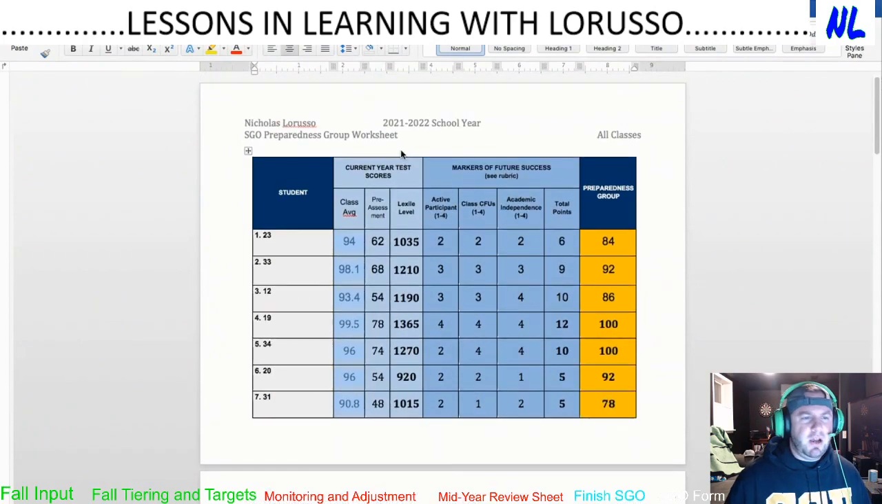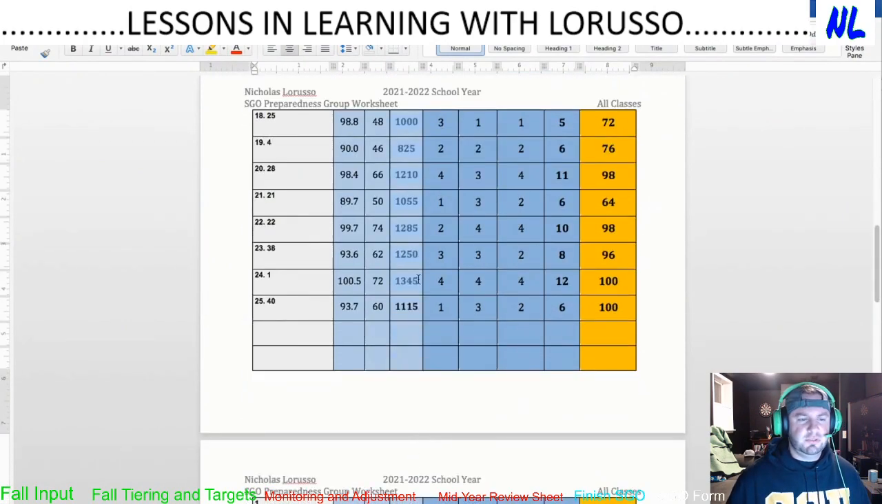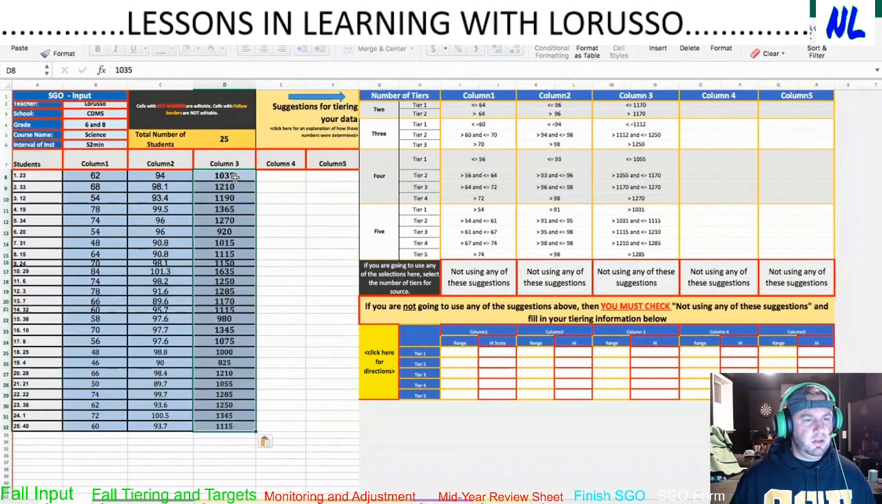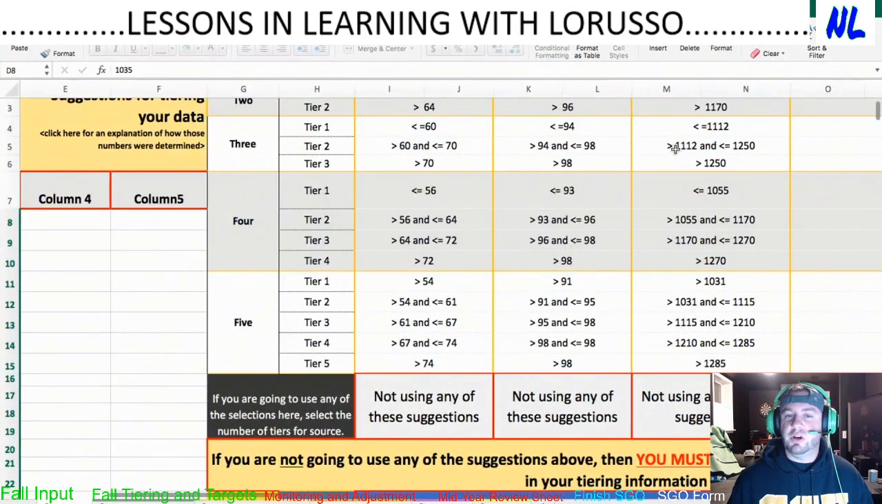Let's grab my third column. It's going to be Lexile level. So I'm going to grab that, copy, and paste it in. And again, you're going to see that it populates over here. It gives the suggested tier ranges. So if we go to 3, now it's suggesting that a Lexile level less than or equal to 1112 is your tier 1, between 1112 and 1250 is your tier 2, and greater than 1250 are going to be your